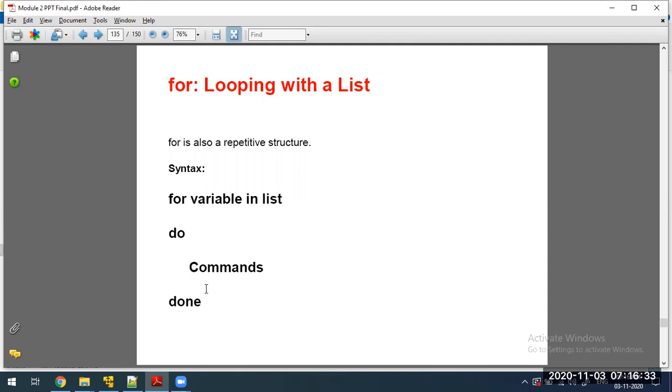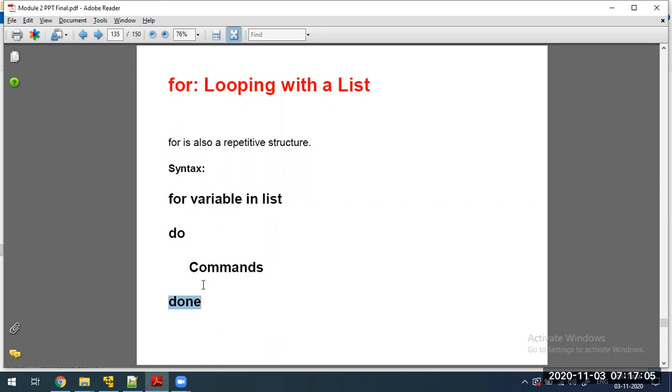Instead of the condition expression, here we write for, then the variable which gets the value from the list. The in is a keyword, and the variable will get values one by one from this list. Then do is a keyword, and the set of commands, whatever you want, you can write. Then finally, ending with a keyword called done.